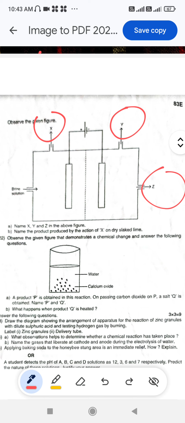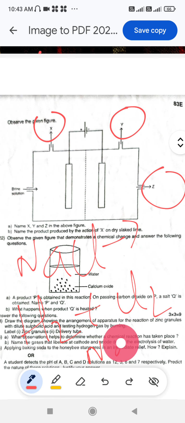Name the X. Here this is the chloralkali process. This diagram shows the chloralkali process. A brine solution is NaCl. When we pass electricity through brine solution, it decomposes into hydrogen, chlorine and NaOH. When brine solution, sodium chloride, is passed with electric current, it decomposes into hydrogen, chlorine and NaOH. This process is known as